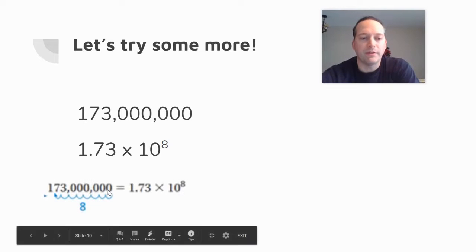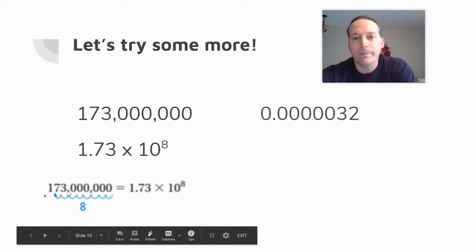Now this is just a little picture of what it looks like if you want to write it down, and you can actually count the times that you shift your decimal point. That's just one of the ways you can do it. All right,